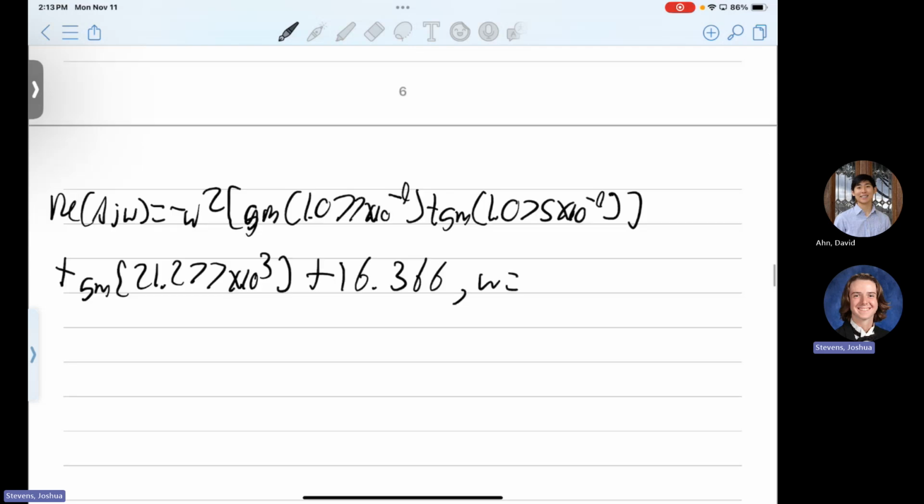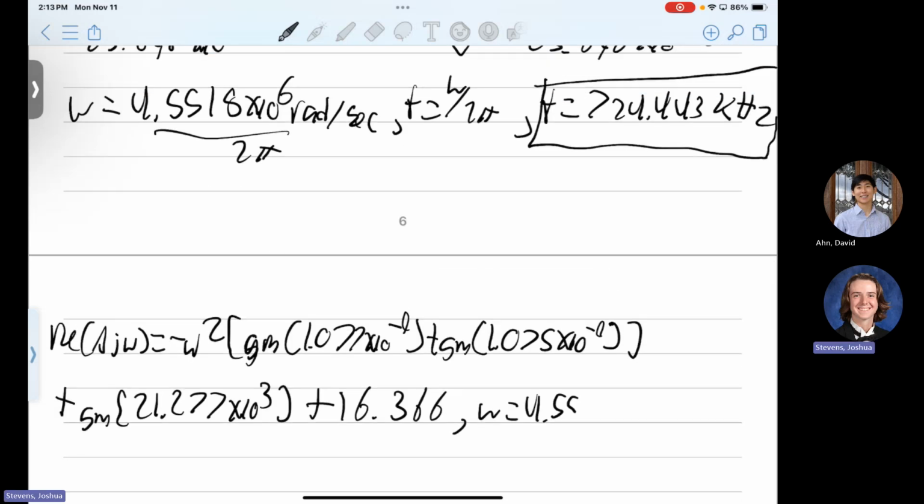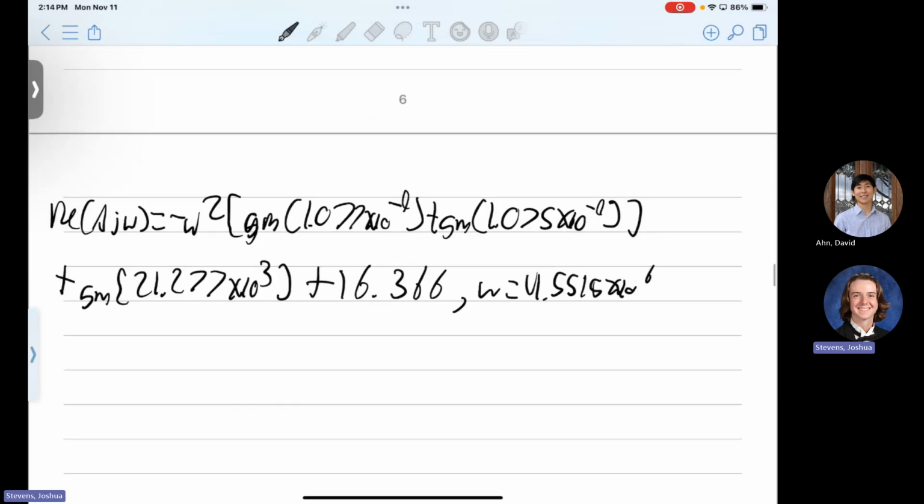So we found our omega to be 4.5518 times 10 to the 6th. So we plug that in. Basically, I'm going to plug in this value and then distribute. Is that cool with y'all? Okay. Which equals negative